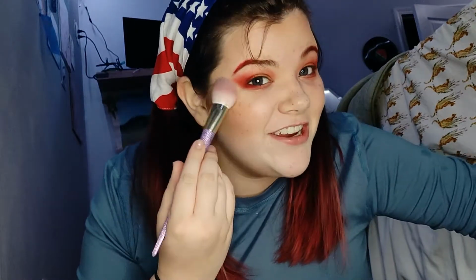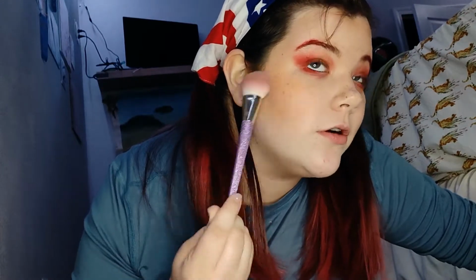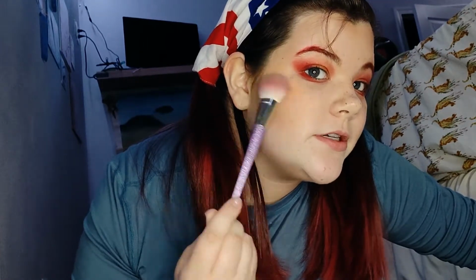Now the fun fact about putting blush and loose powder on your cheeks when you're a chubby cheeked woman like me, and I have these big European facial features, is that if you hold to the end of your brush and then just do small circles, it'll kind of find the natural grooves of your face. I don't know if that's true or not, but this lady at Sephora told me to do it once, and I've kind of just been listening to her for the past 3 years since I've been doing makeup. So